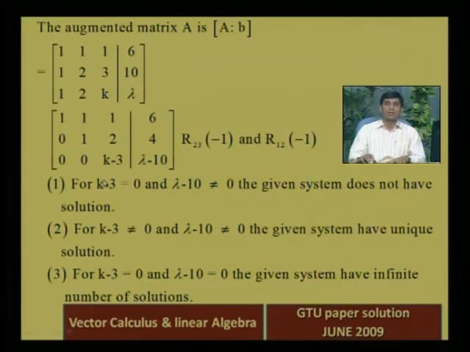Now next, for k minus 3 not equal to 0, the given system has a unique solution. Why is this possible? Because if k minus 3 is not equal to 0 and lambda minus